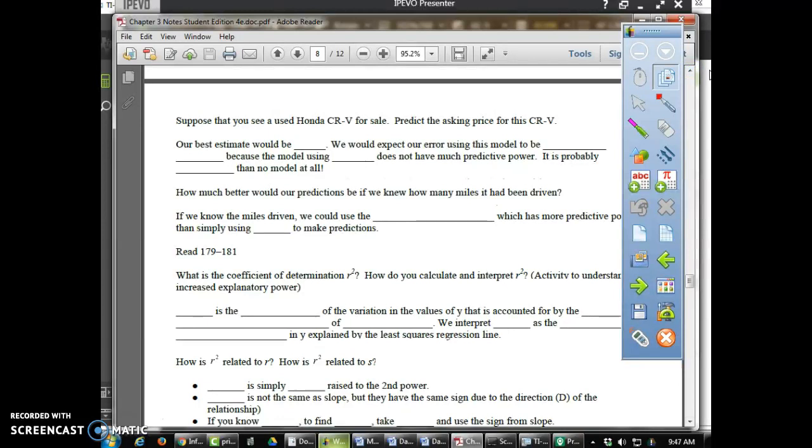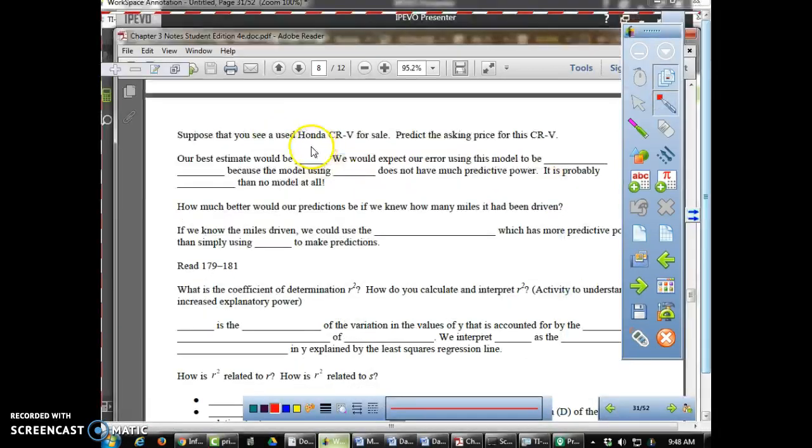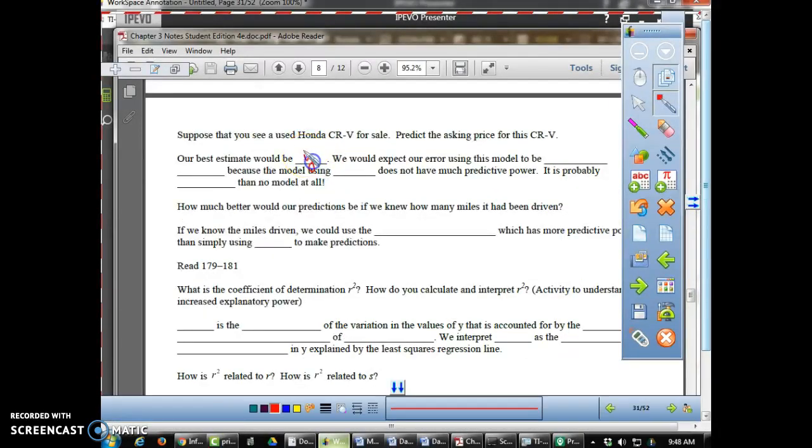Okay, suppose that you see a used Honda CR-V for sale. You're driving about, you see it there, and you want to predict the asking price for the CR-V. So our best estimate would be y-bar. In other words, if we didn't have any predictive model, the best guess you could possibly make would be y-bar. And guys, there's a reason I'm talking about y-bar, because in a minute we're going to learn something called R-square,